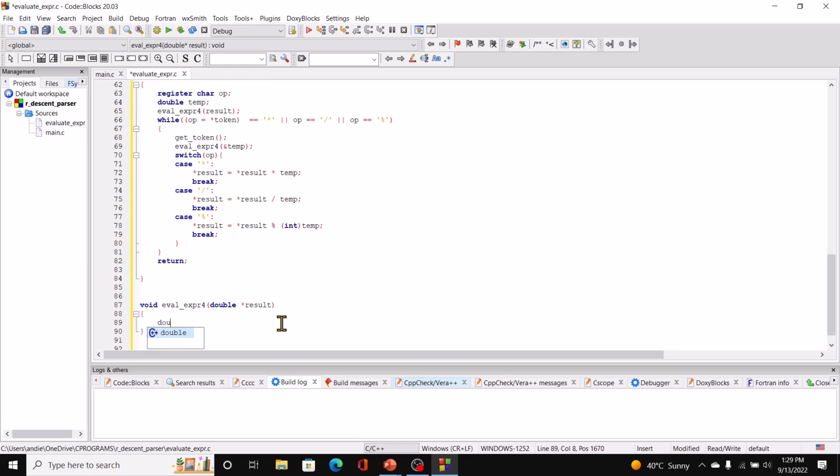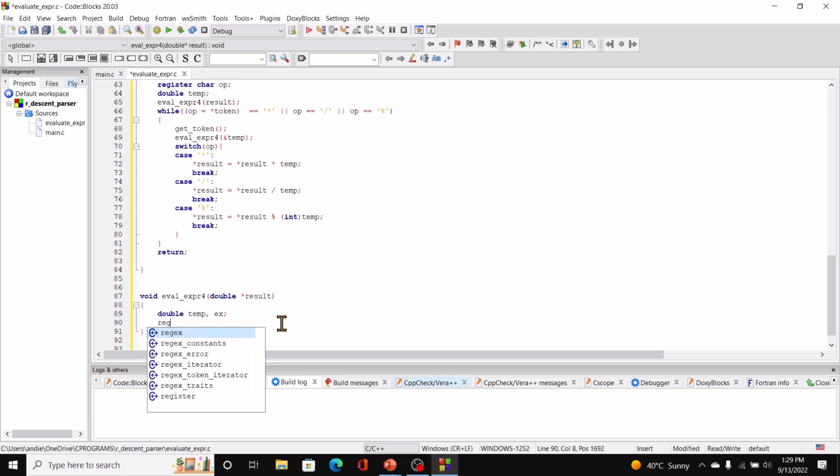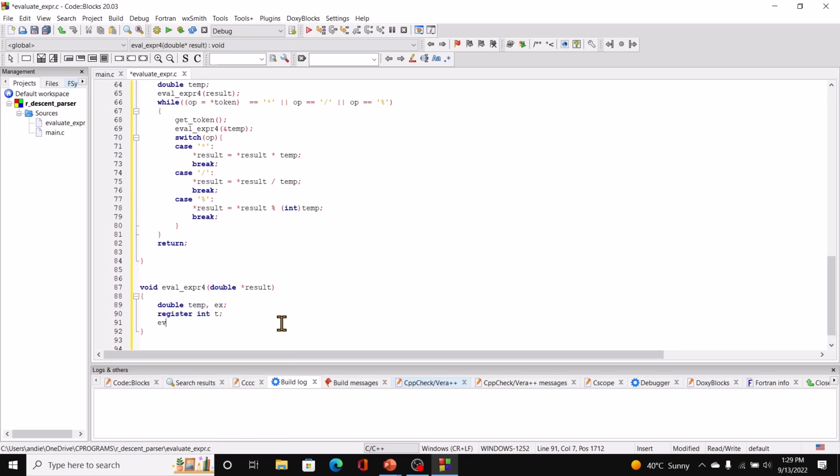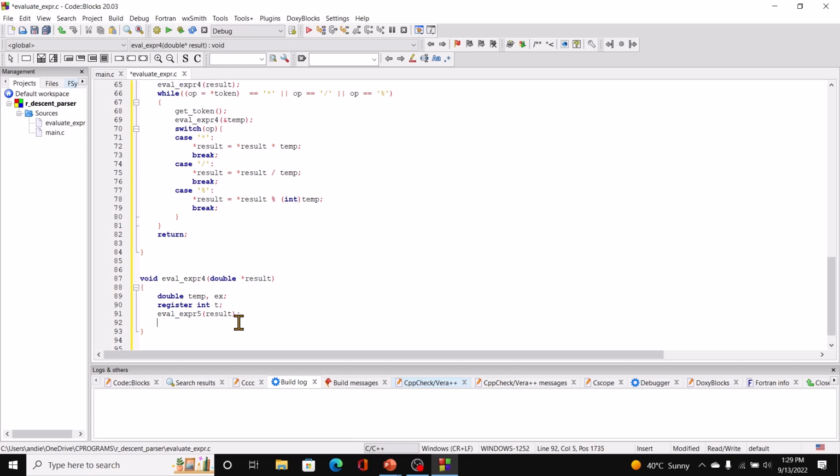So within this function, we have double temp, x, register int t, and we are calling eval expr 5, sending in result as the argument. And here we check if star token is equal to the exponentiation sign, then